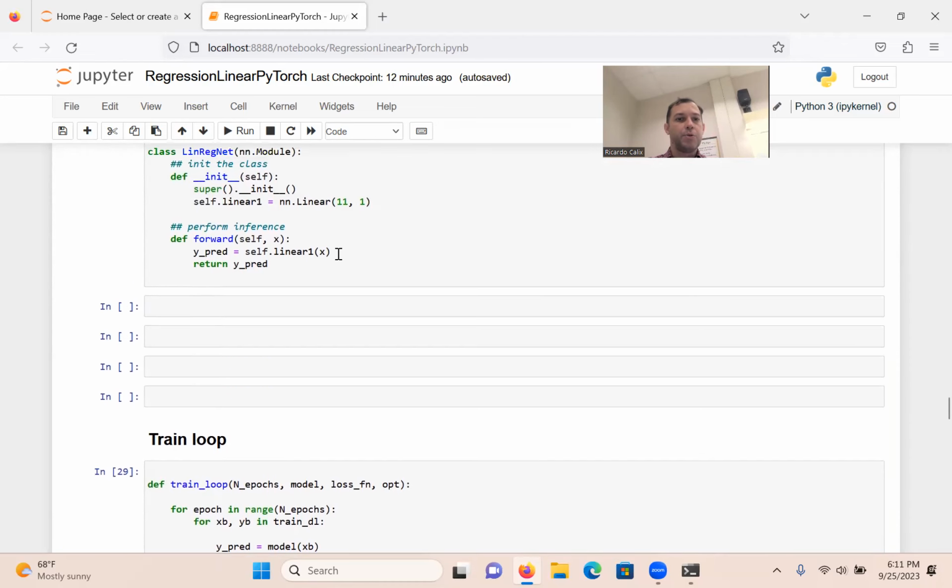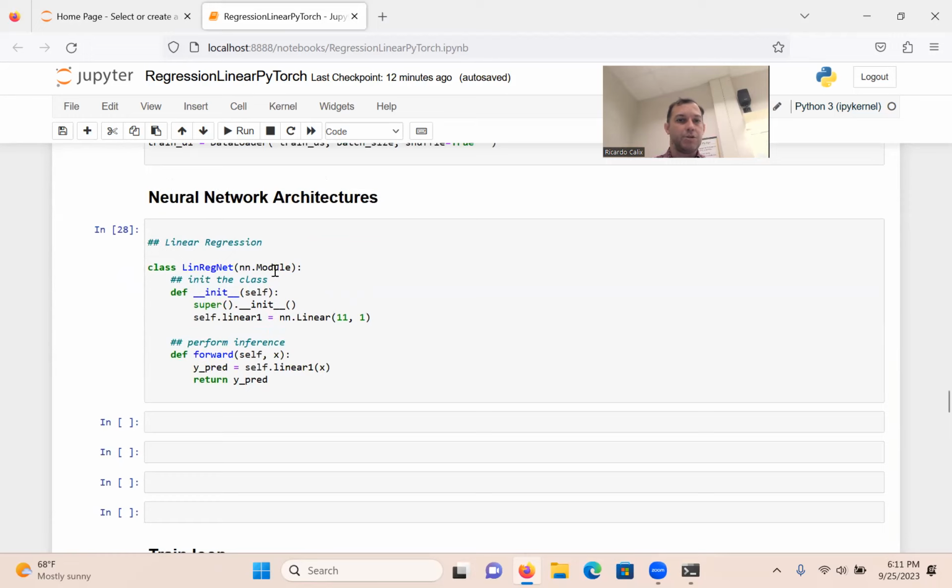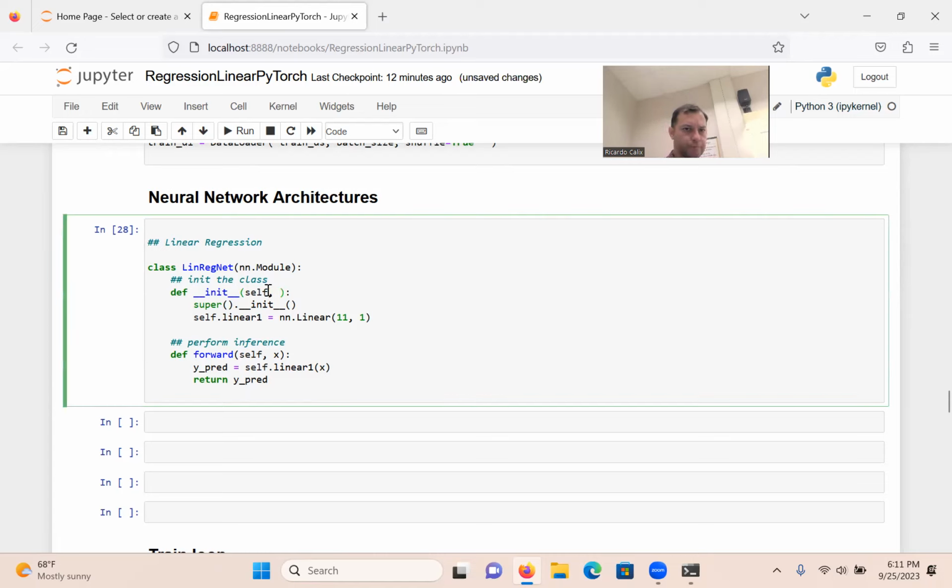So then, of course, we do have to make a slight modification to this linregnet so that it can store that data in its model. The way to do it is in the init function, not the super init, but the init here. After self, you're going to put in x means. You guys can see that right now. Y means,